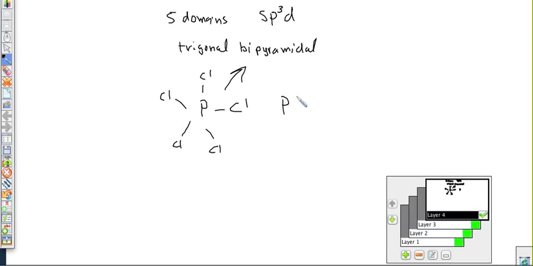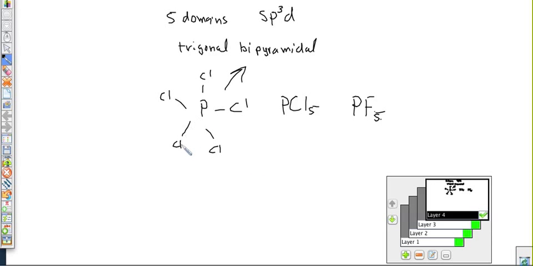So that's PCl5. There are other examples, maybe PF5. So I know that phosphorus can do this. So PF5,